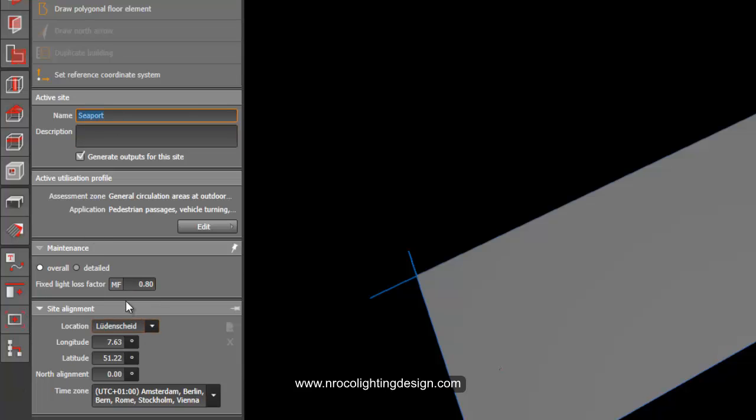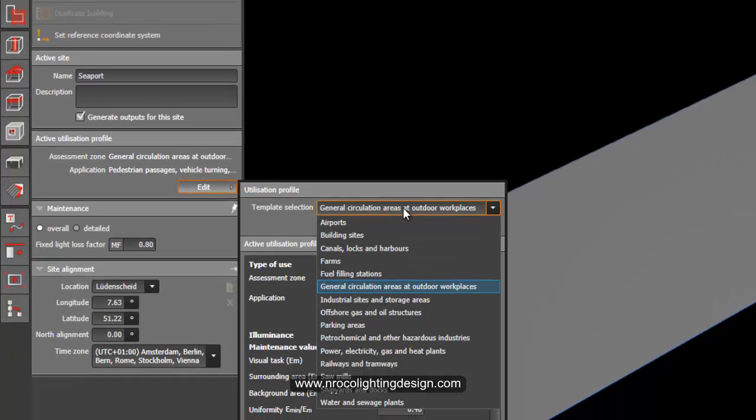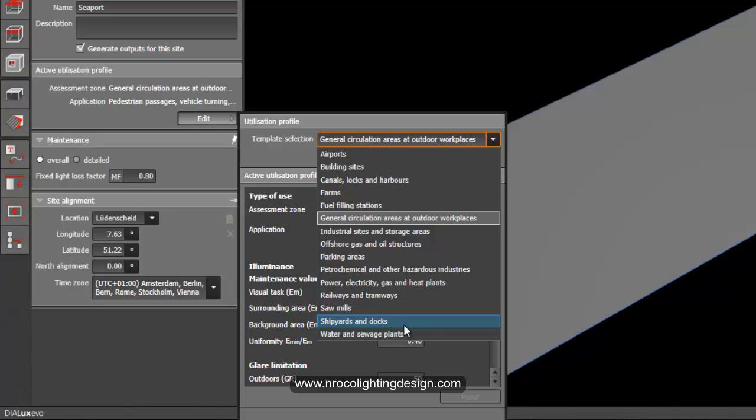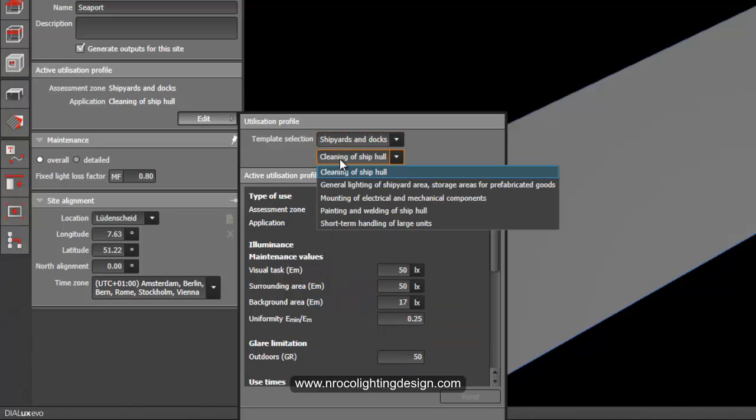Enter. And then if your light loss factor is 0.8, you can do it, but I would like you to go and check this one. Go to this edit, and then you will select here shipyards and docks. Okay, and you will say, for example, general lighting for shipyard, storage, or mounting of electrical, painting and welding, or short-term handling of large units.